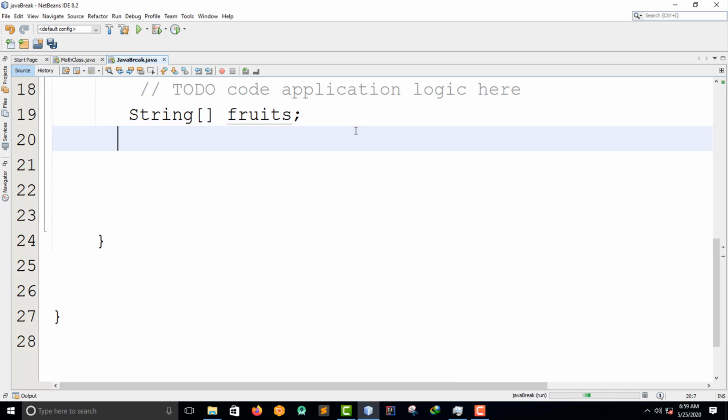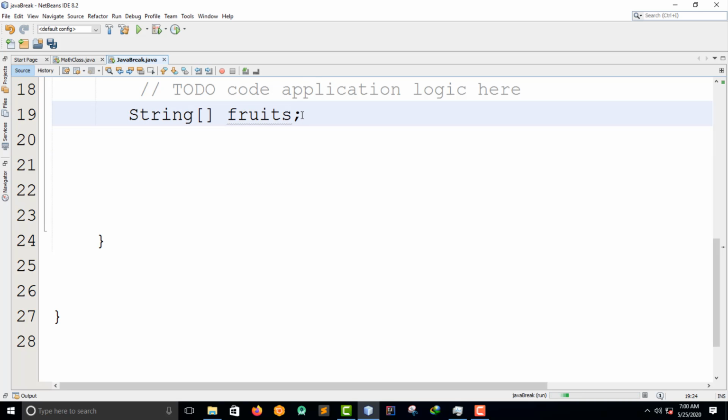So guys, this is the thing. We have now declared a variable that holds an array of strings. To insert values into it, we normally use an array literal. An array literal places the values in a comma separated list inside curly braces. So we have a string array type, and we have an array of fruits.